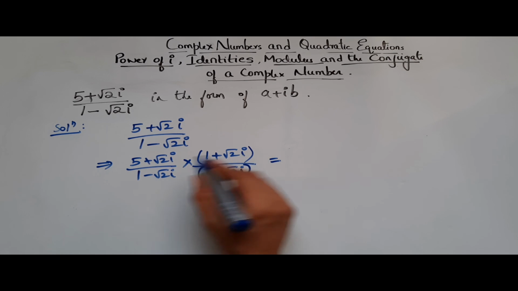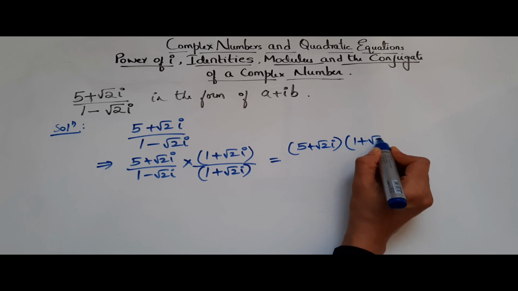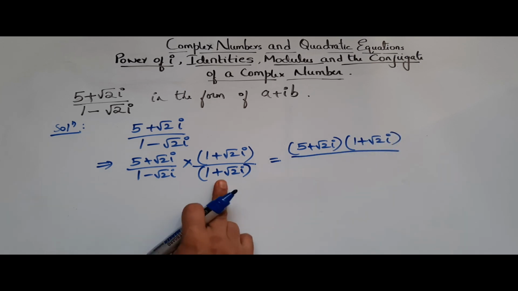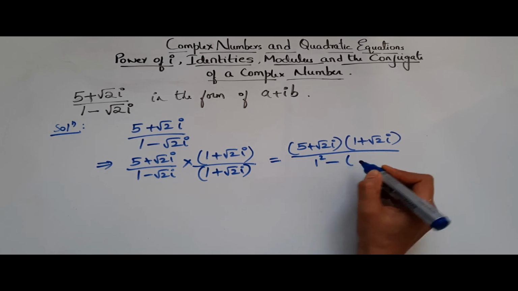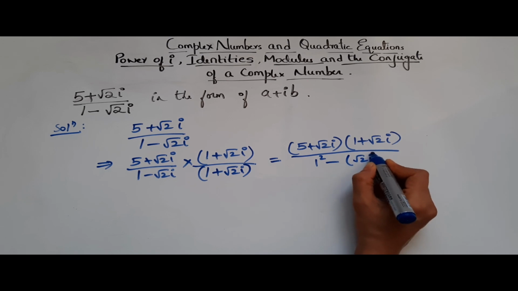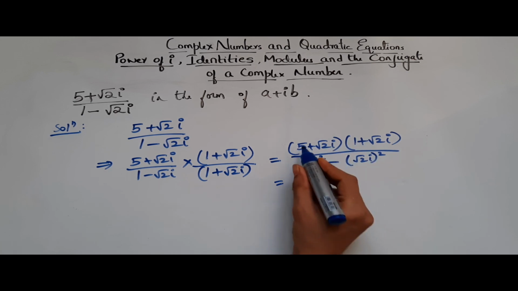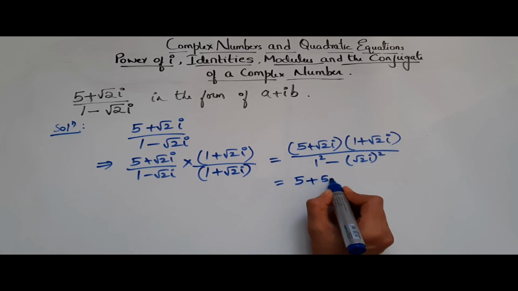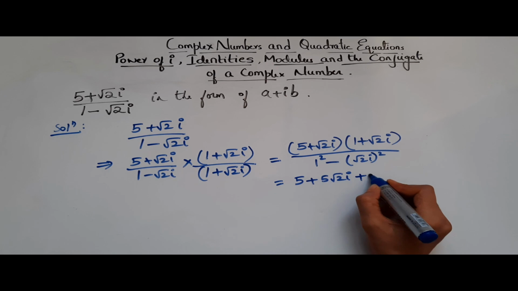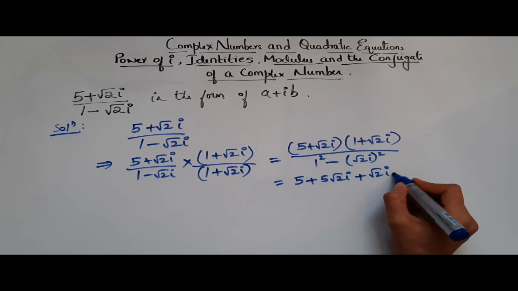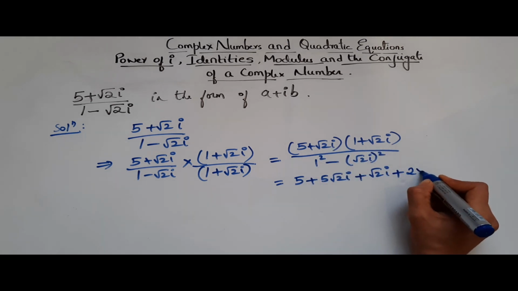So this is equal to, in the numerator we have 5 plus root 2i into 1 plus root 2i. The denominator is of the form a plus b, a minus b. So a square minus b square. B here is root 2i whole square, which is equal to, now multiply this. So 5 into 1 is 5, 5 into root 2i is 5 root 2i, plus into plus is plus, root 2i into 1 is root 2i, plus into plus is plus, root 2 into root 2 is 2, i into i is i square. So 2 into i square,